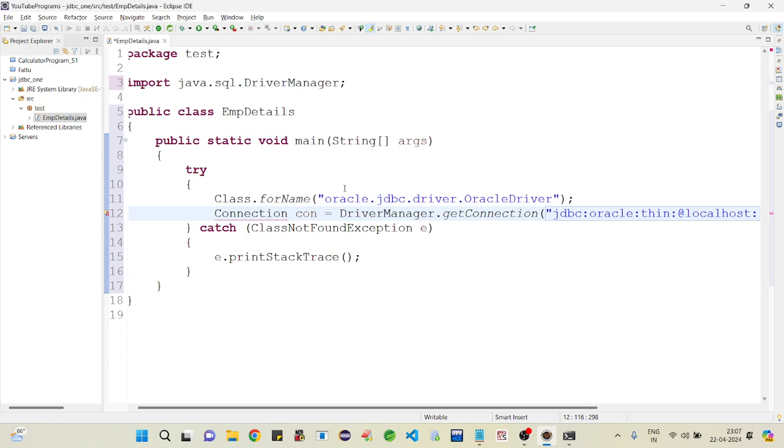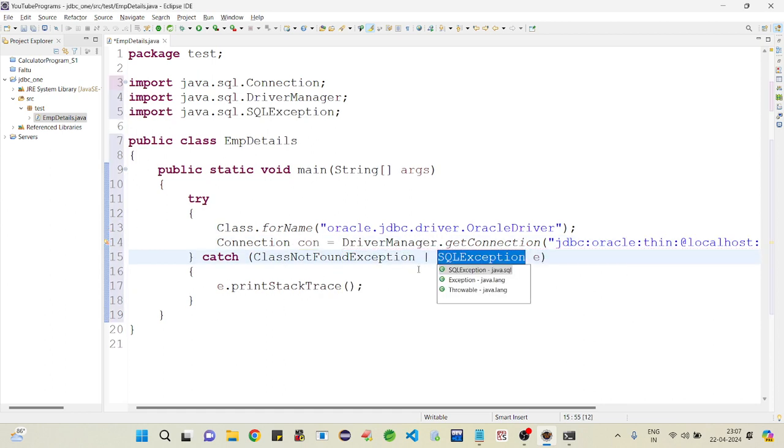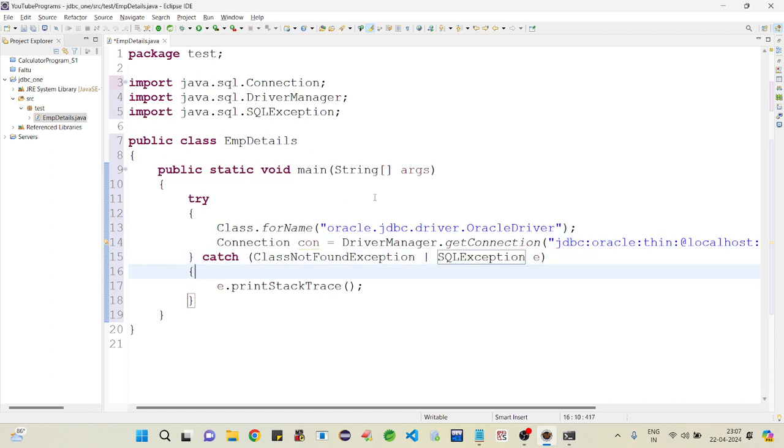First we need to import the Connection interface. After that we have to handle one more exception, this SQLException.